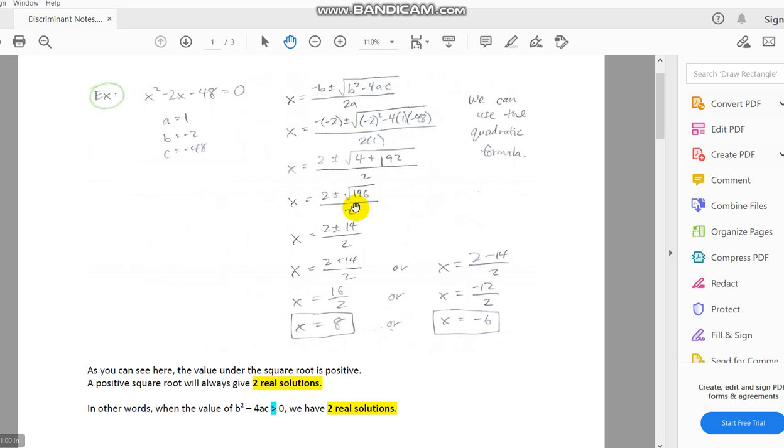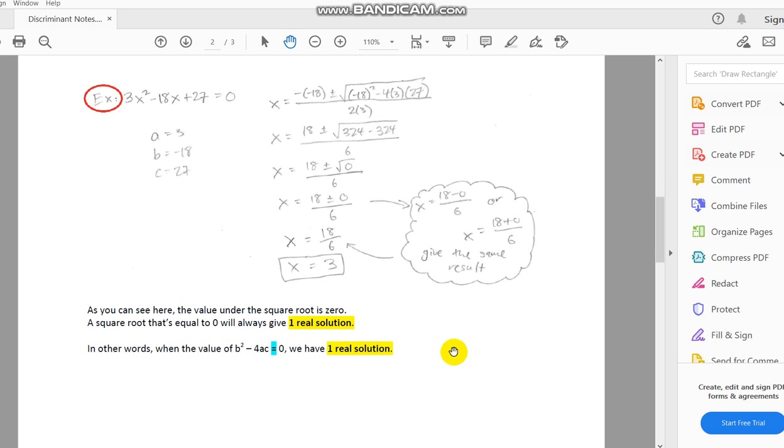So in other words, when the value of b squared minus 4ac, that value under the square root, is greater than 0, we're going to have two real solutions. And those two real solutions just so happen, for this particular example, to be 8 and negative 6. Okay, that's one case. Scrolling down,